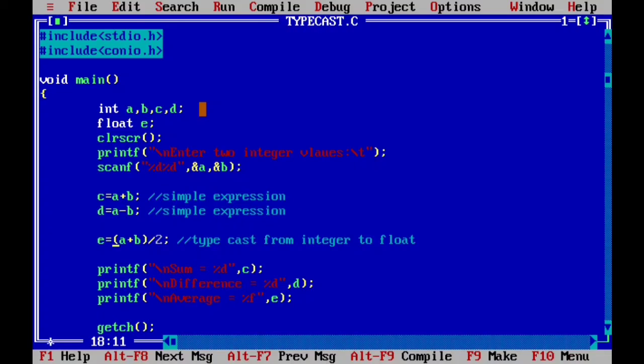So if you want the decimal part also to be assigned and used in our result, for that we need to typecast it, and this is how in C we typecast the result of our calculations or expressions, whatever has to be assigned to our variable, right?